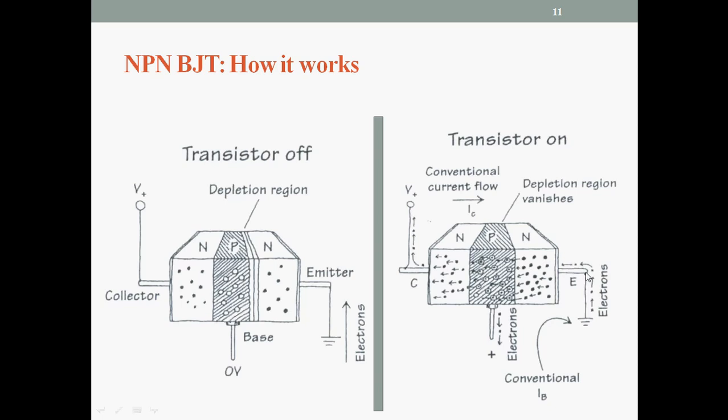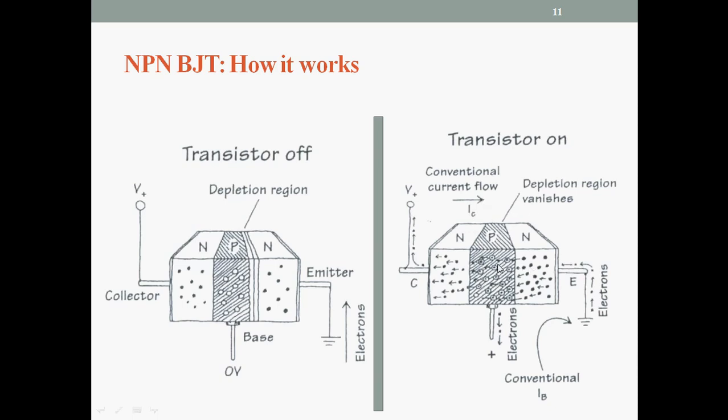Also, the electrons which are emitted by this emitter will cross the other PN junction, and these electrons will travel towards the collector. The collector will collect the electrons emitted by the emitter. So this is the flow of electrons from the emitter. Electrons will flow, cross the two PN junctions and come to the collector, whereas the conventional current flow is always opposite to the electron flow, that will be shown in this direction, IC.